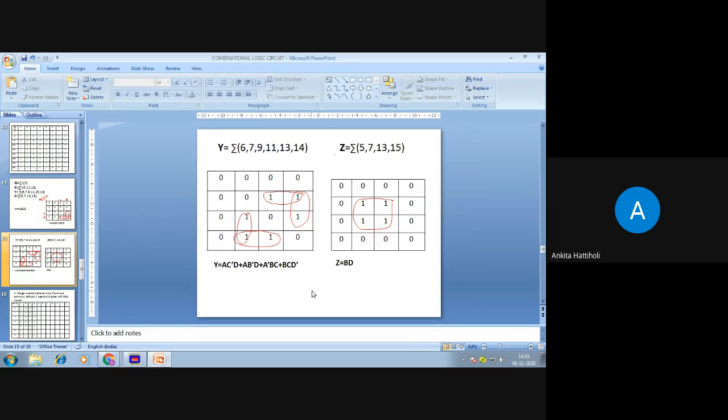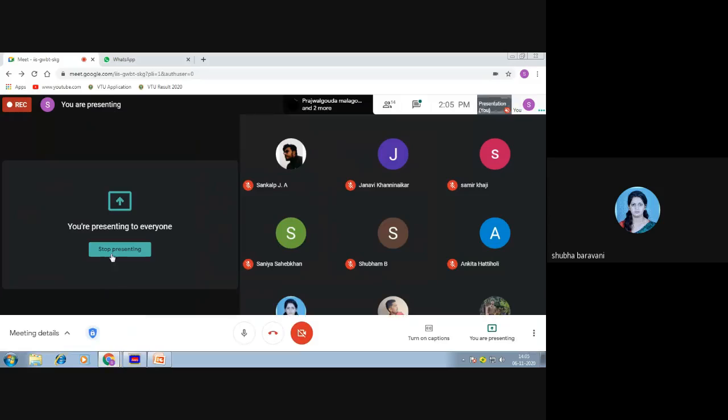Now try to draw the combinational circuit, implement it using the combinational logic gates.